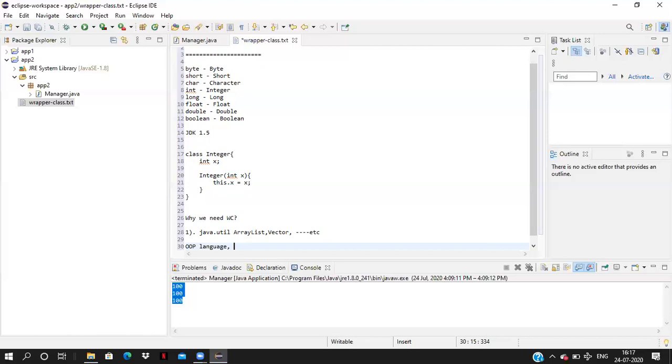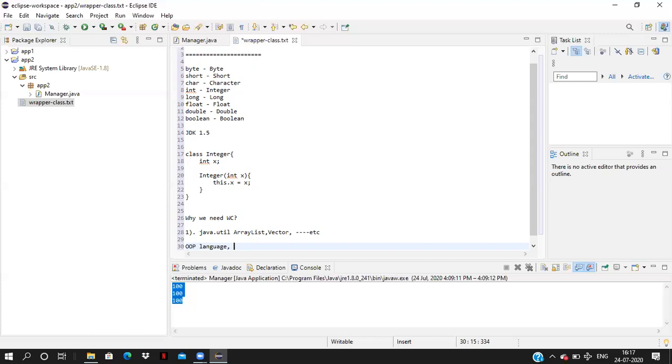There, if you want to store the integer primitive type, we don't have the option to store primitive types in the ArrayList. For developing the whole java.util package, they used the wrapper classes to store the data in all the collection APIs.